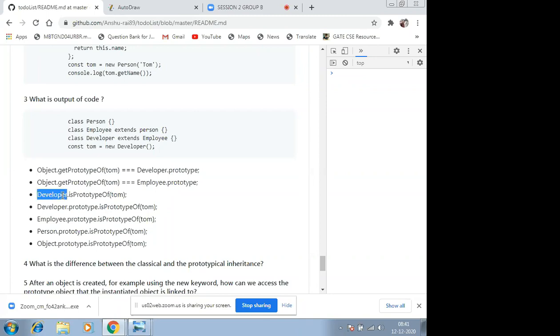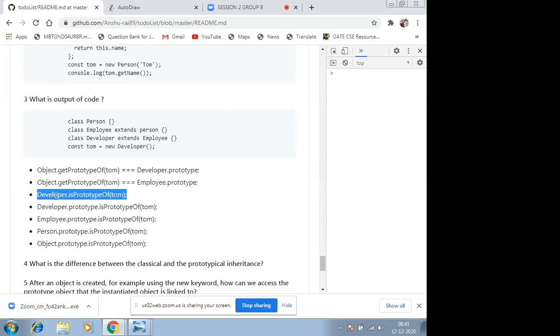This is the object. Whenever we call any function using the first object, it checks with the object that we are passing here, finds the prototype of that particular thing that we pass in the brackets, and then compares it with whatever object we are calling with. We are using developer to call isPrototypeOf, right?